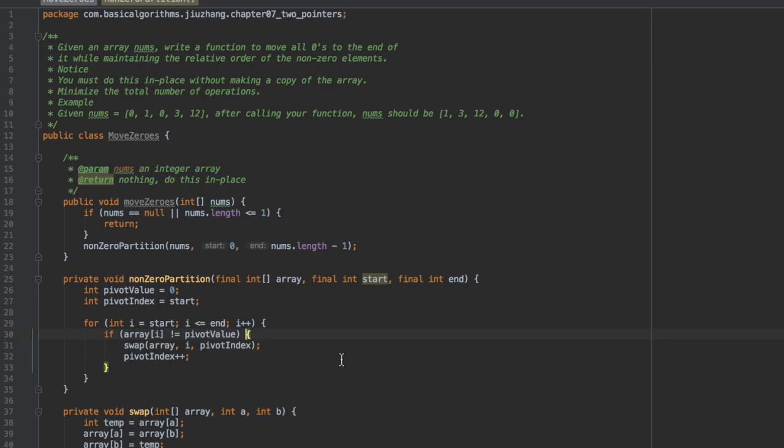So remember in the quicksort, we guarantee all the elements that are in front of the pivot index are elements whose values are smaller than the pivot value. So here we just change the condition to guarantee that all the elements that are in front of the pivot index are non-zero elements. So what we do is